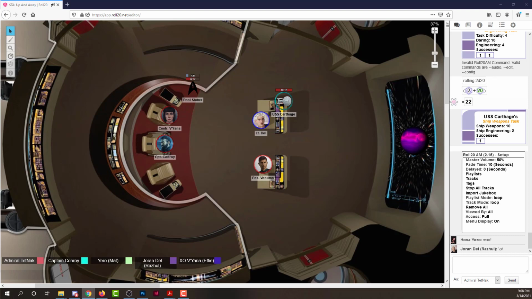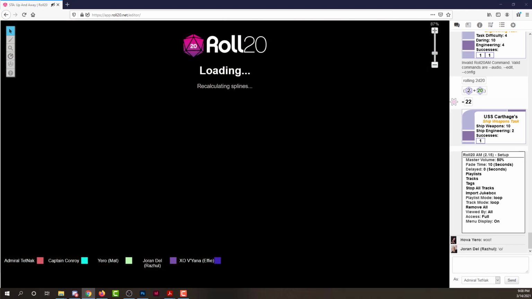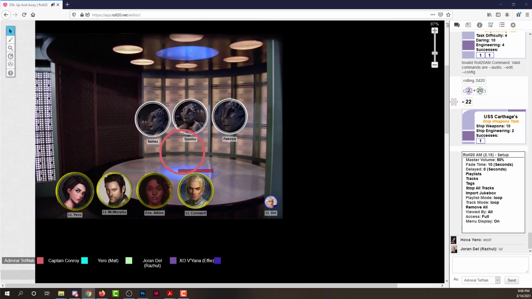As soon as Gyro and her team come aboard into the room, she'll bring them in. Alright, one sec. Oh no, you didn't do that. Where's my